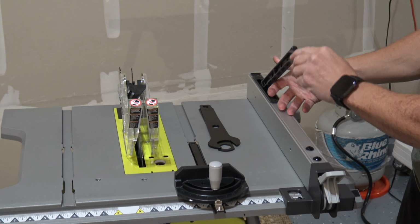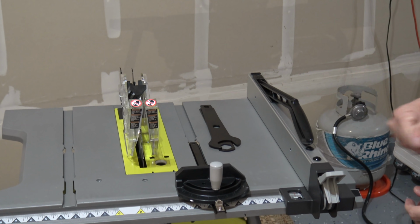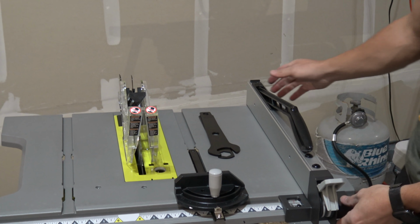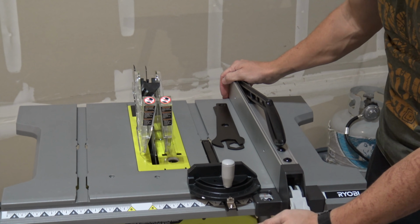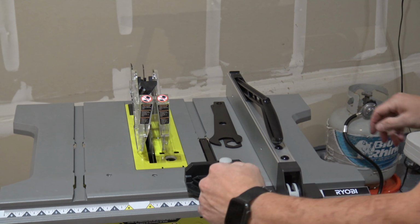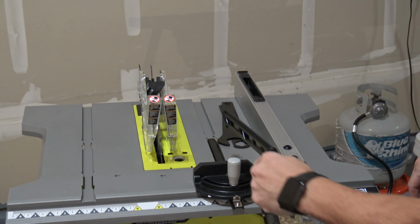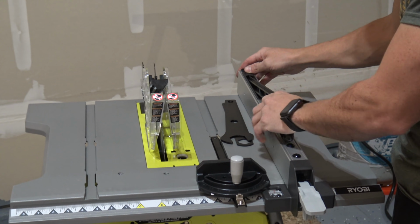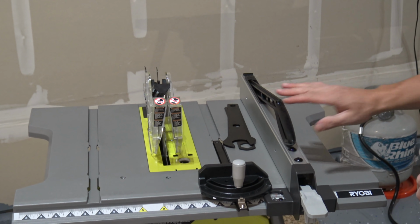I don't know how many times I've lost my push stick or had to go grab a piece of wood and use that, but it stores right here on the fence pretty easily. So typically when you're using your push stick, you've got your fence in place and you're trying to push it right past your fence and between the fence and the blade. And so to be able to grab that off the fence and use it, that was a pretty cool adjustment there,